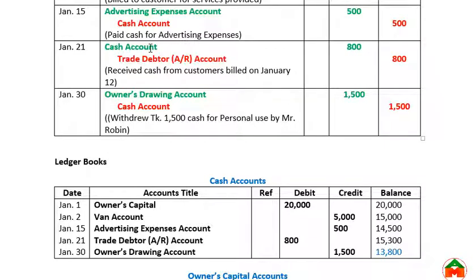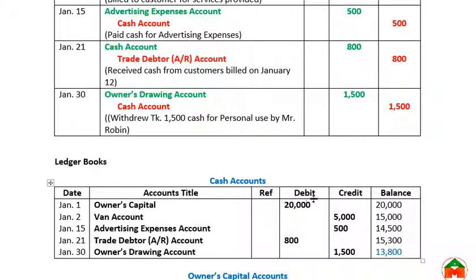Here cash account is debit with 800. We have written 800 here, and the opposite name is trade debtor, that means accounts receivable account. Okay, and the last one is cash is credit. We have written 1,500 on the credit side, and the opposite name is owner's drawing account. So now we can see we have written these amounts: January 1, January 2, January 15, 21, and 30, debit